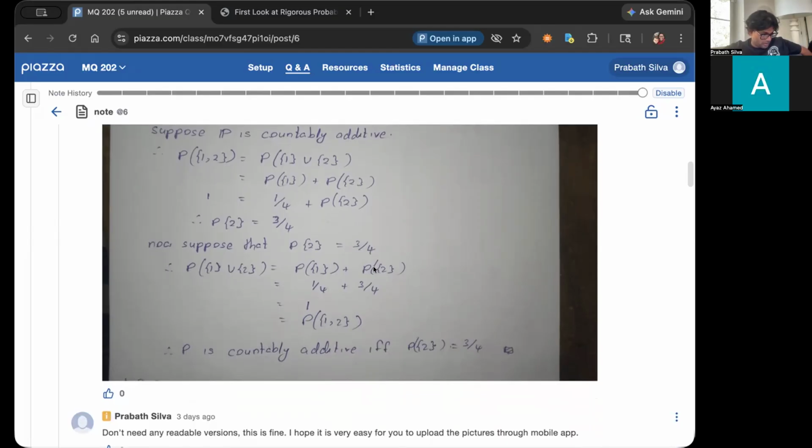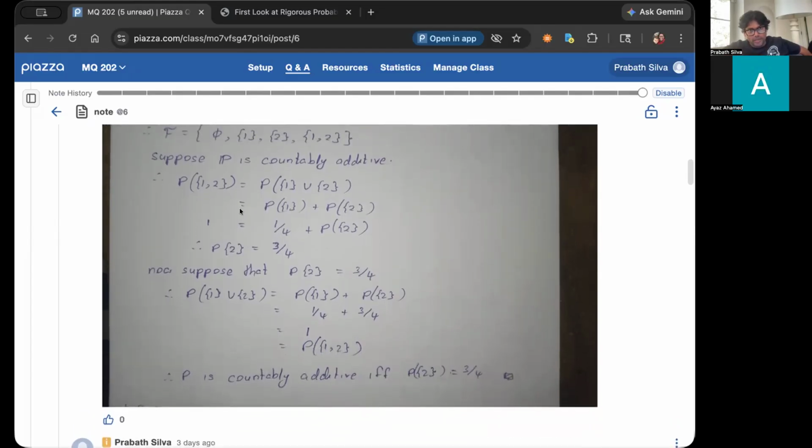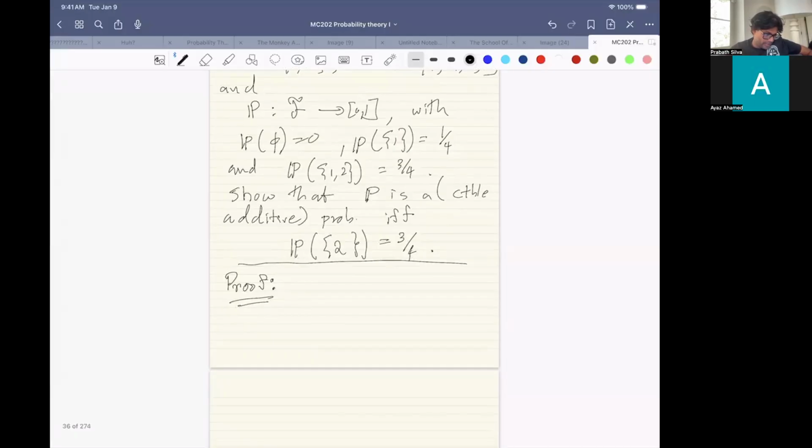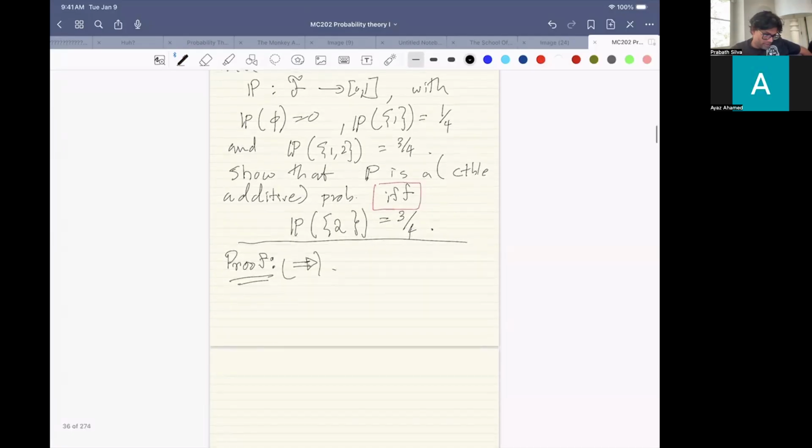Now, let me go back and write down this part. Okay, so we're doing this direction. We have this if and only if, and we have to prove two directions. In proving this direction, the forward direction, we assume